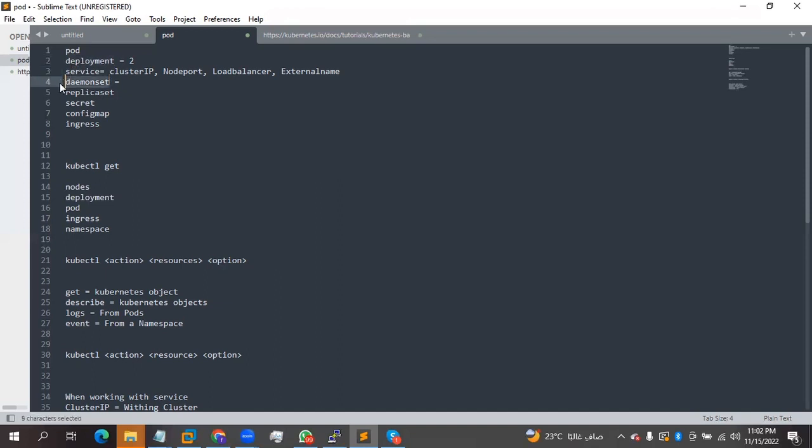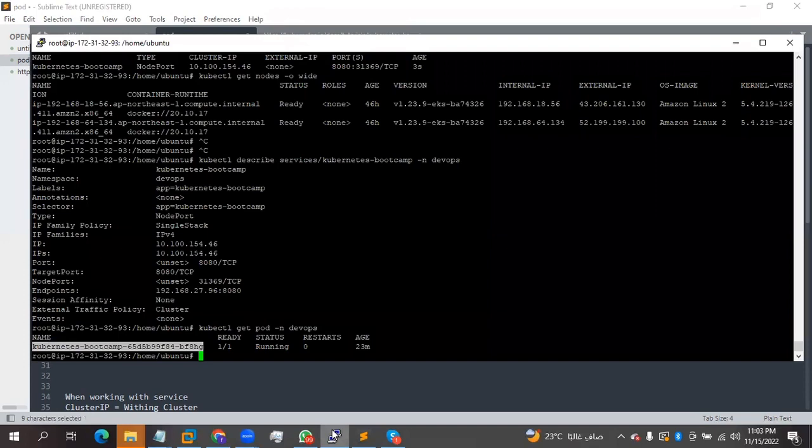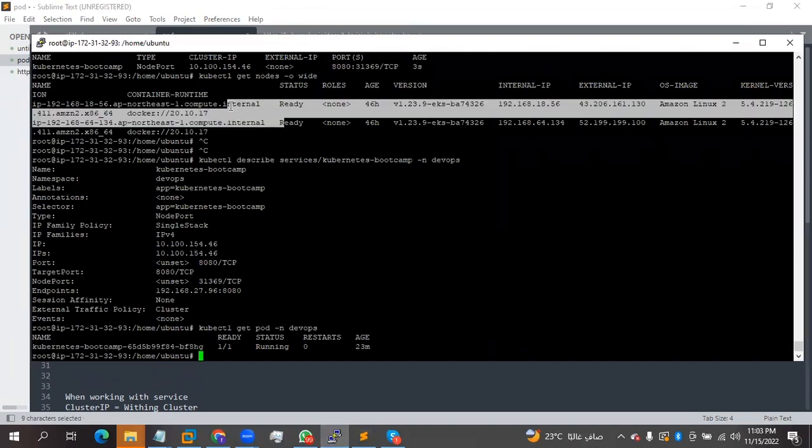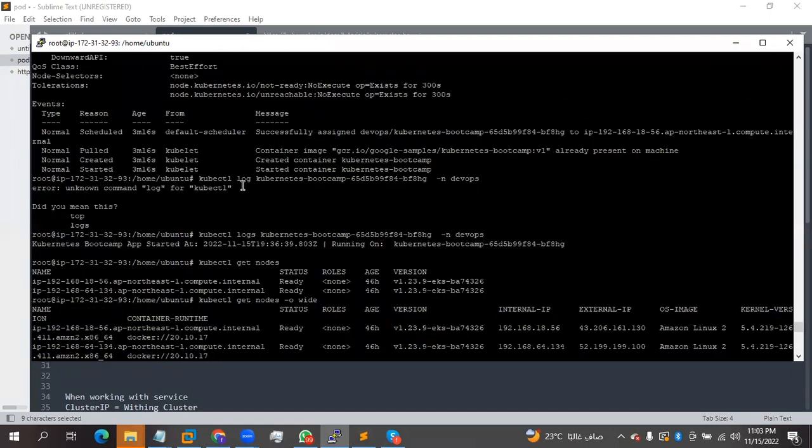So daemon set is, take for instance, now we have 2 nodes running inside the cluster. So let's assume you want to be monitoring the resource usage. Okay, or you want to be doing something on a particular pod, on a particular node. So you're telling it like, okay, before you do that,